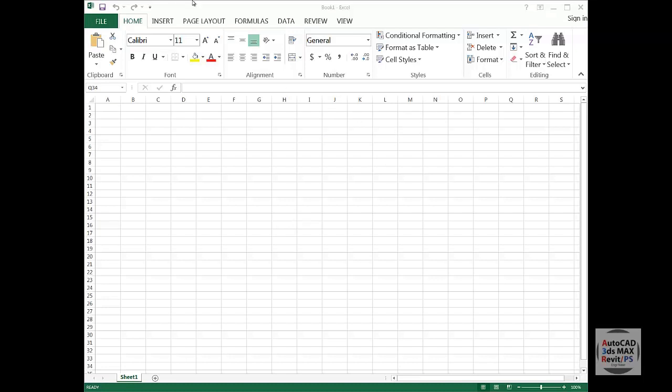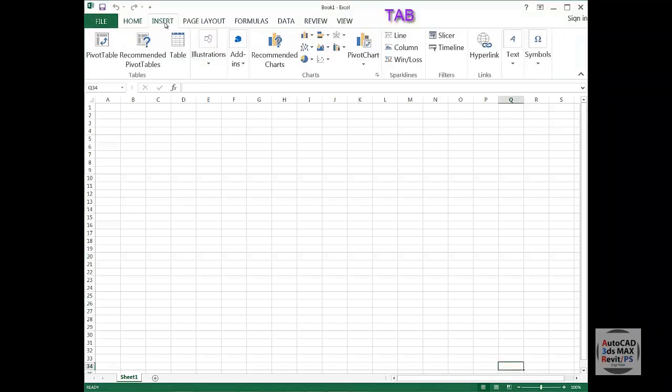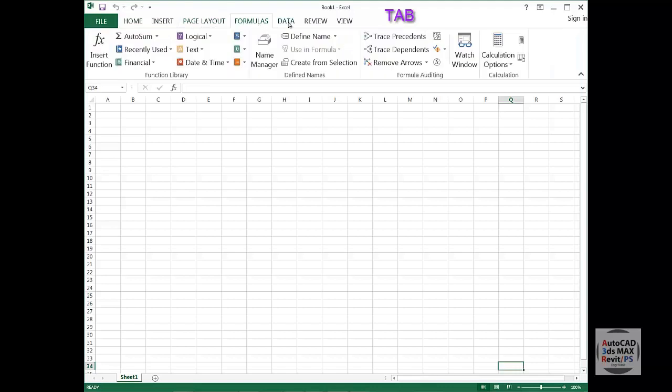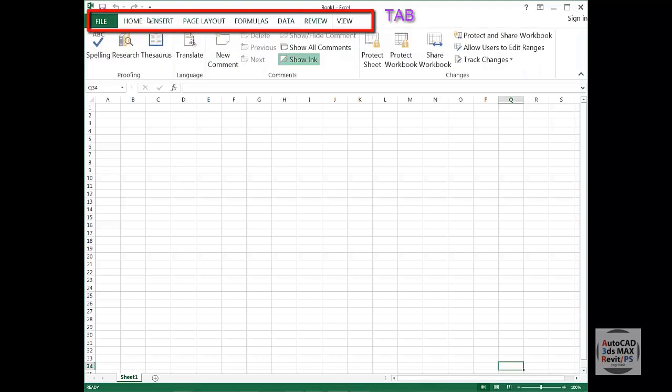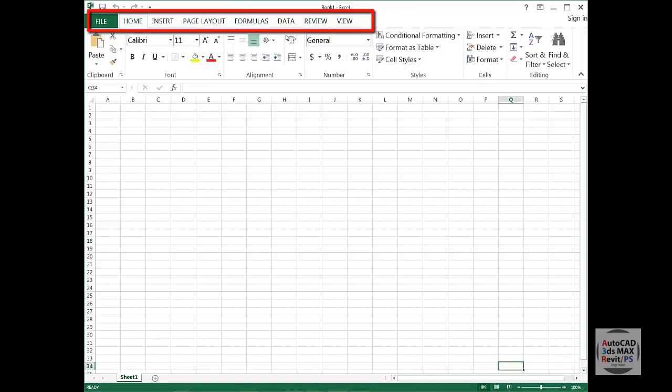So this is how your Excel sheet looks. Let us study. On the top you have tabs. You have different tabs: Insert, Page Layout, Formulas, Data, Review. Now every tab has a ribbon. For example, in the Home tab you have this type of ribbon.